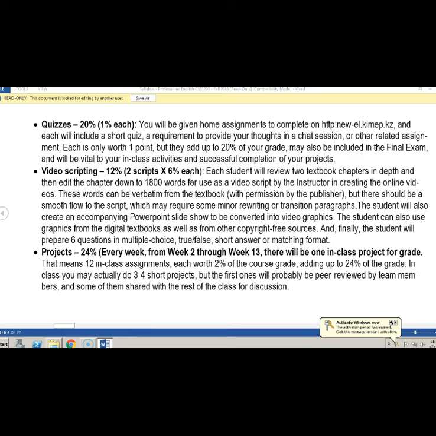One of the things, as I mentioned, my area is mass communication, and one of the areas that I do research on is marketing.